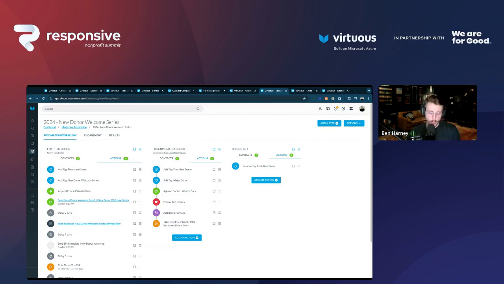We'll often speak of a crawl, walk, run approach. Like we said, the skill ceiling is high here. We can get nuanced. We can get complicated. Maybe not going to be day one. Maybe not going to be month one. We're starting crawling, maybe just implementing that new donor welcome series, adding more of those processes as automated sequences as